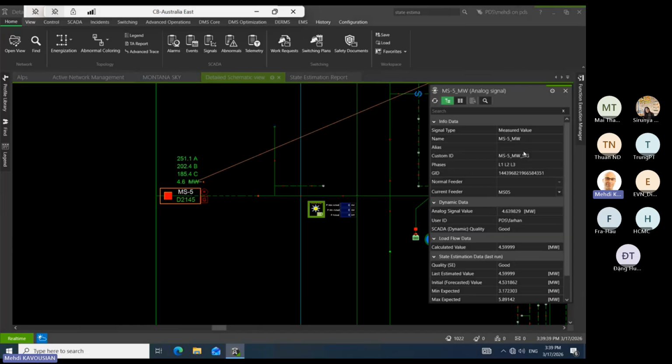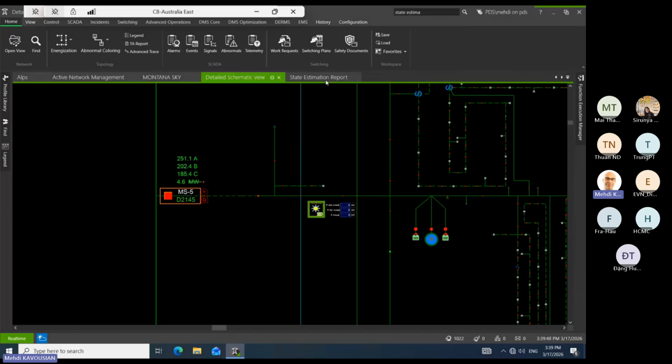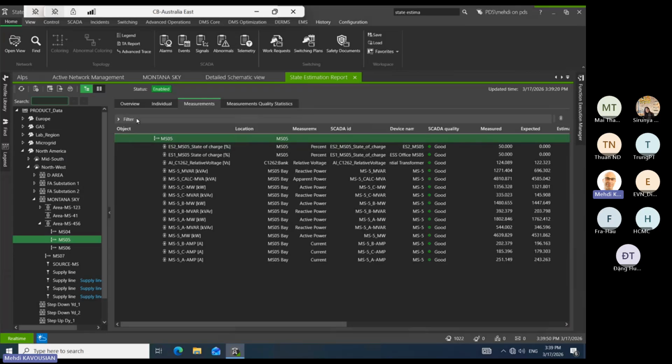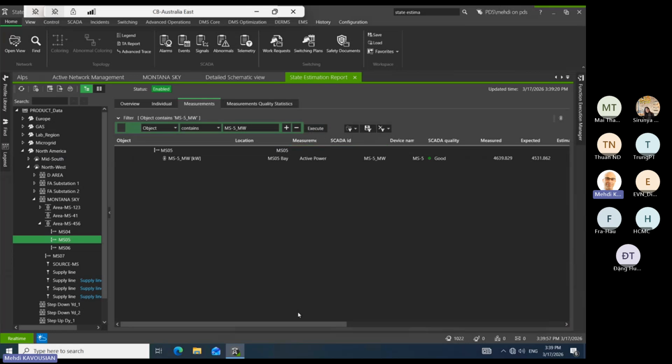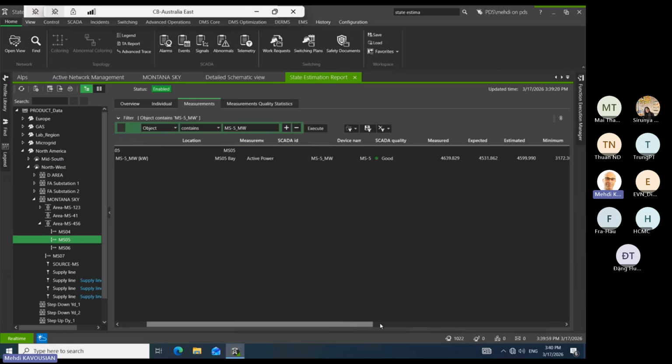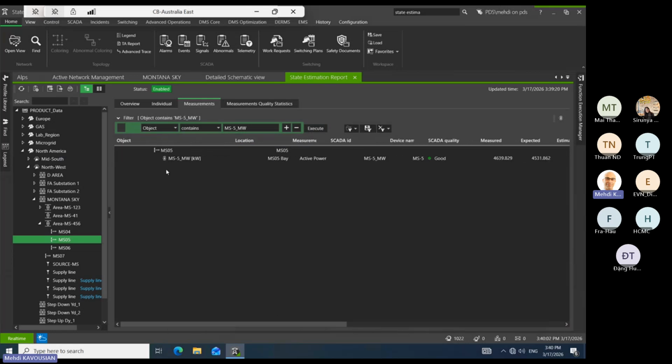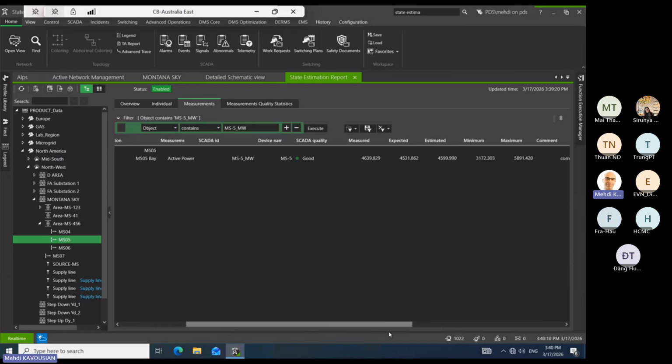You can see the name is MS5 megawatt. So you can copy this one if you want, and I can put a filter for this object, just to clarify a bit what it means. From the left: the object, the location, the type of the measurement, which is active power, the ID,